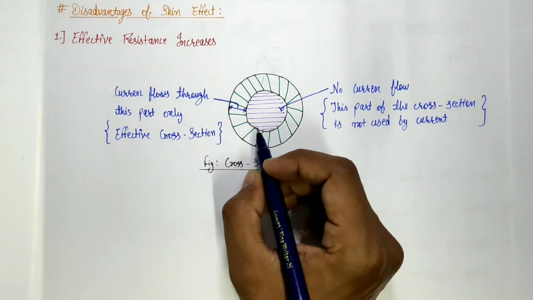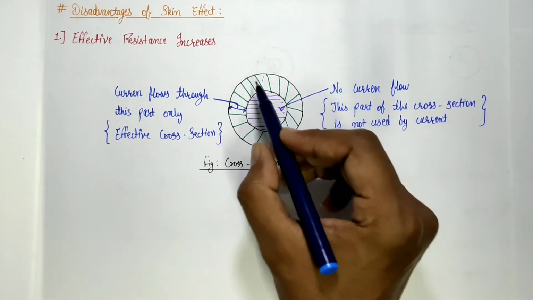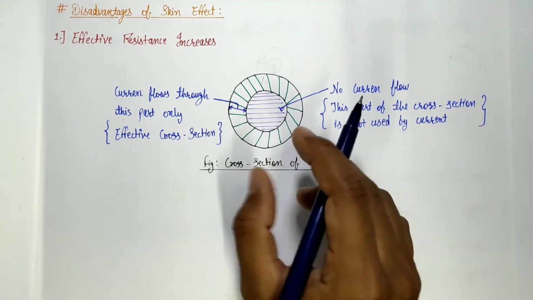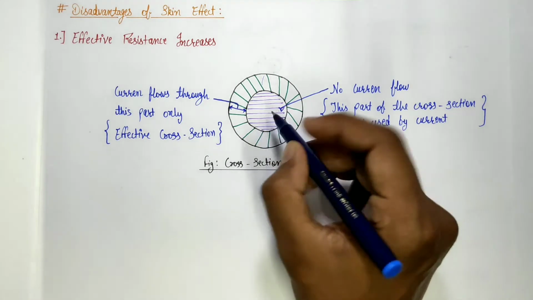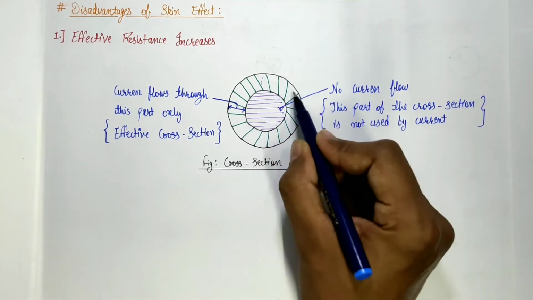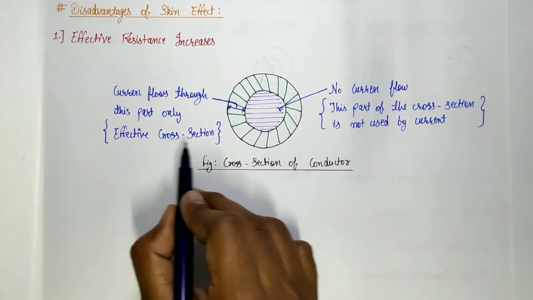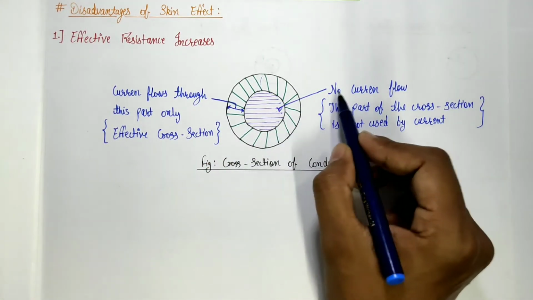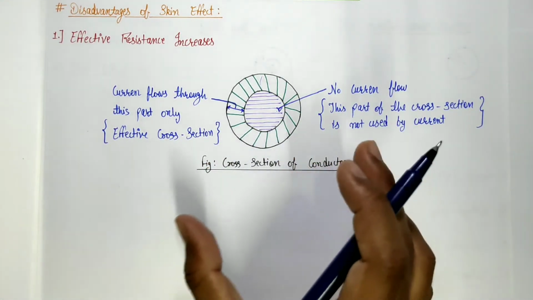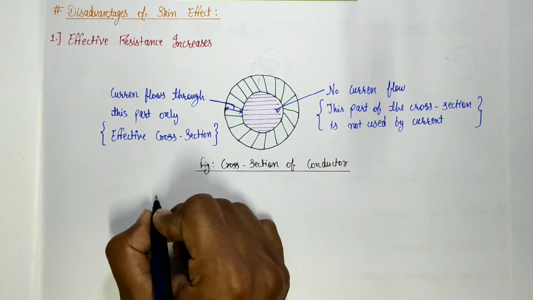Now what is effective cross section area? The part of the conductor or the area through which the current is actually flowing is known as the effective cross section area. So this much area, this green part, is actually the effective cross section area, because current is flowing through this much area only and this area is wasted. So what happens due to skin effect is that the effective cross section area